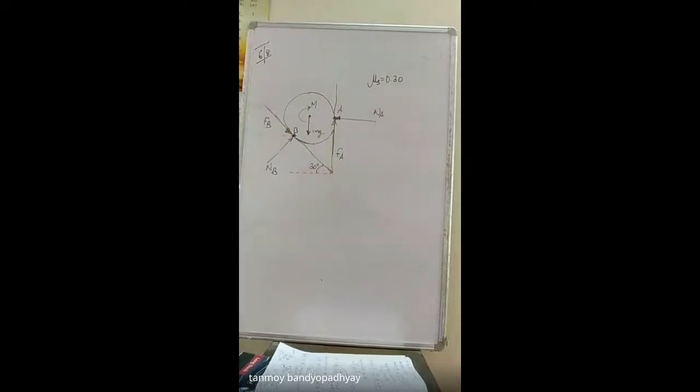And a clockwise couple. So we just need to determine the clockwise couple which will make the cylinder slip. Just look at the wordings of the problem. In friction, the wordings of the problem are very important. When the body slips, that's the case when we reach the limiting value of the friction.